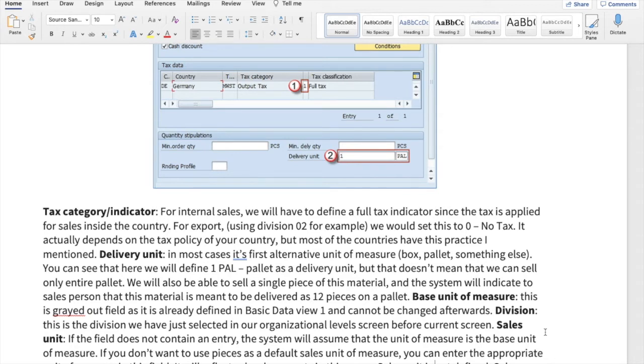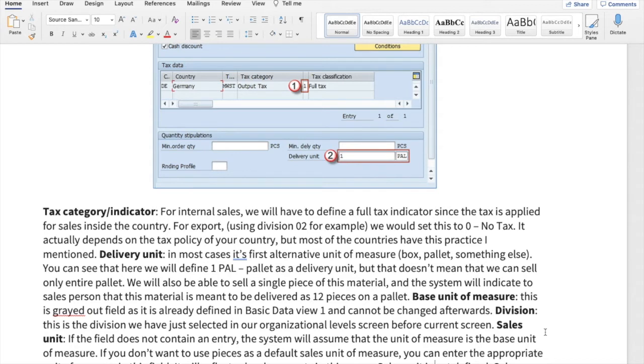How many boxes come in 1 kg, that calculation we put somewhere in the formula of SAP. So you can put both figures there, and base unit of measure and sales unit of measure can be different. Sales unit of measure is what the customer is getting and for which he is paying, and base unit of measure is the one in which we are manufacturing and stocking in our factory actually.